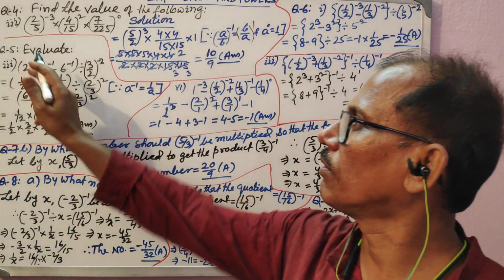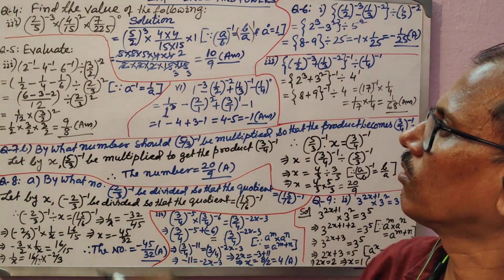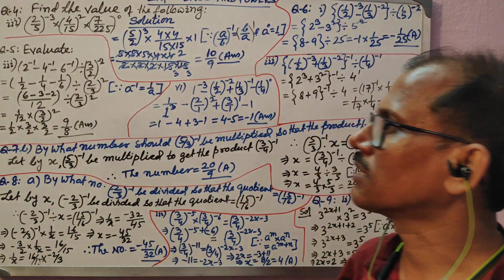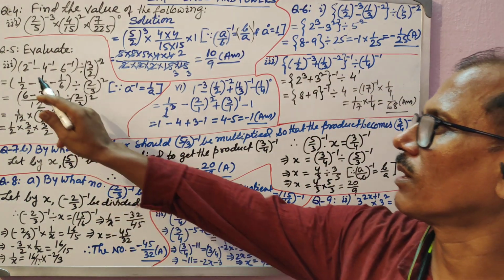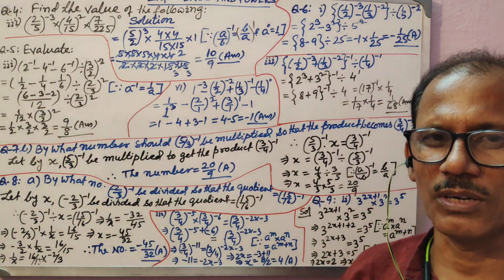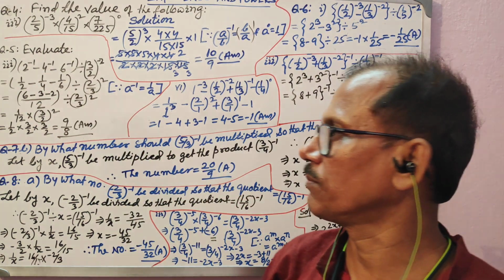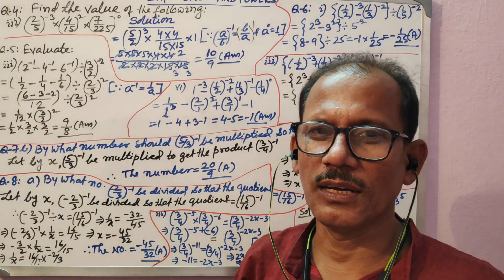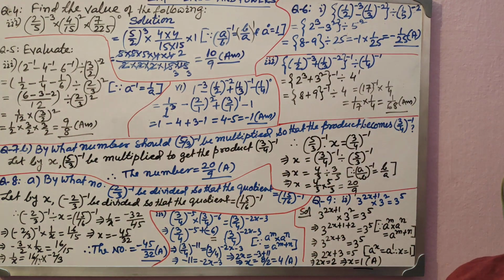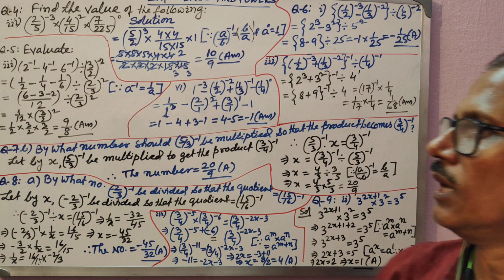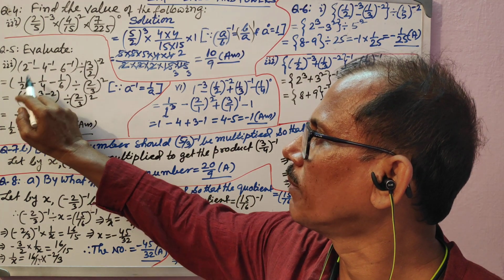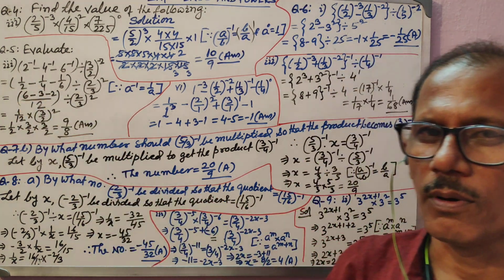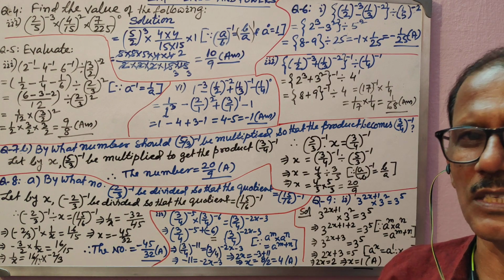Now moving on to question number 5, I have taken the third sum. The third sum is very simple. The only thing is, a negative power is given to you; convert that into a positive power by making the base reciprocal. That is what you have done. The base is 2. 2 to the power minus 1 is always equal to 1 by 2 to the power plus 1, that is 1 by 2. Here I have not written 1 by 2 to the power 1. Anything to the power 1, we don't write down. 7 means 7 to the power 1.